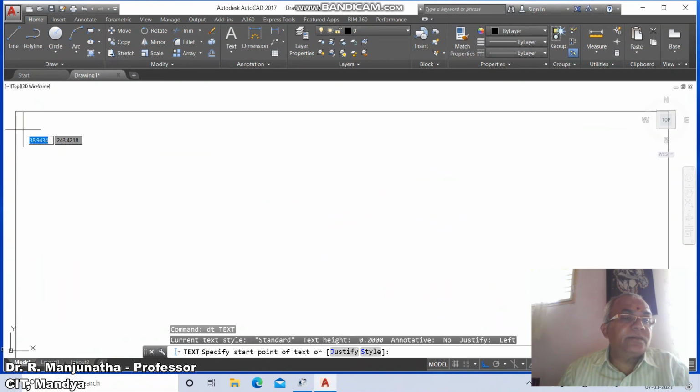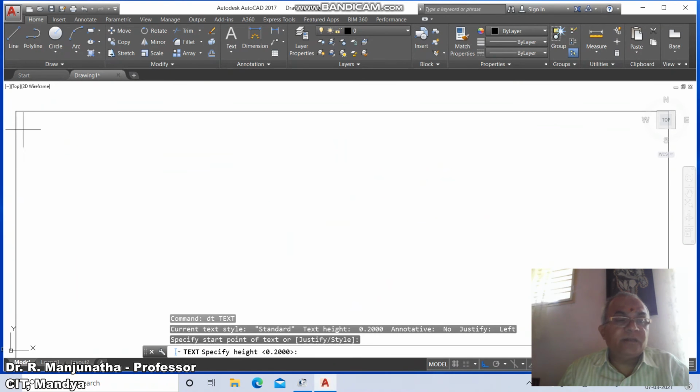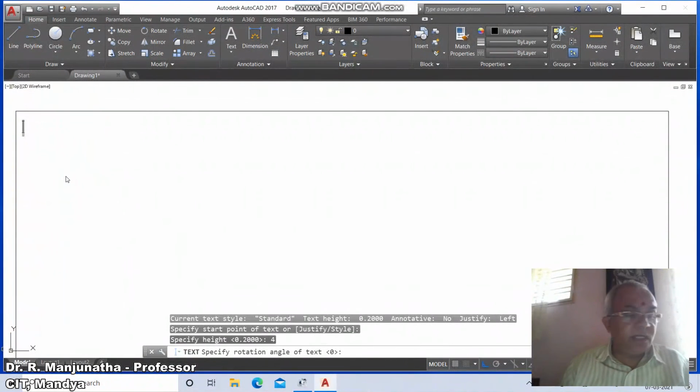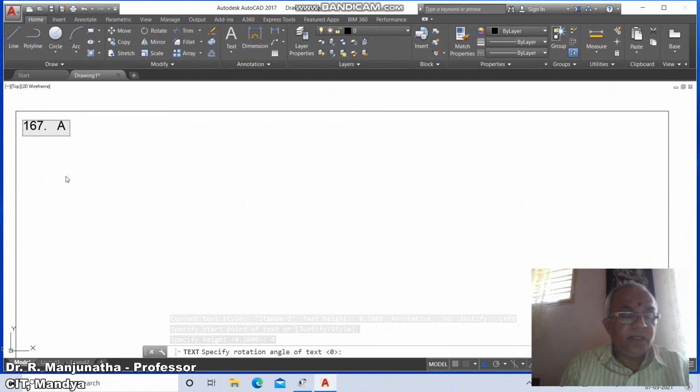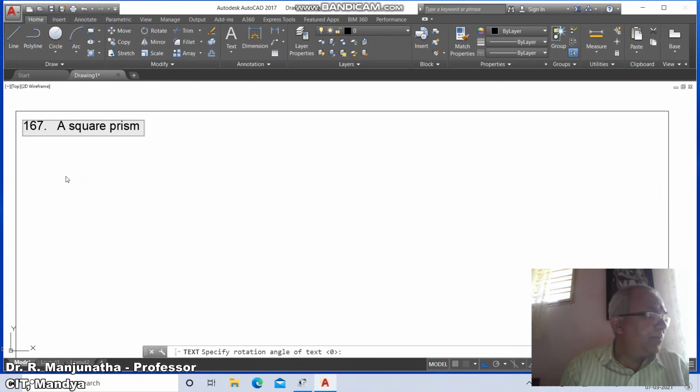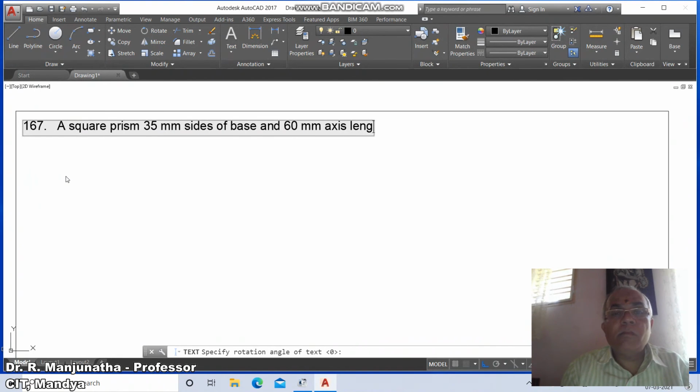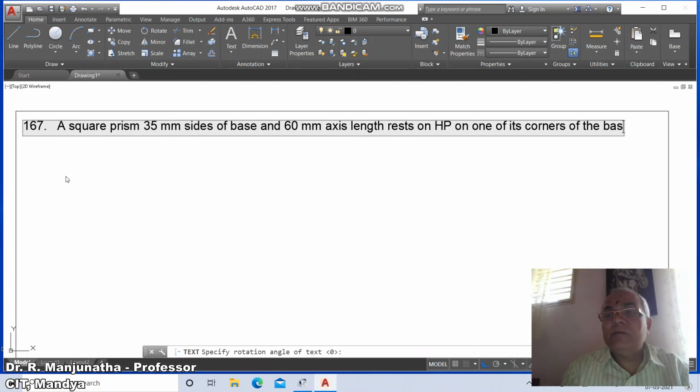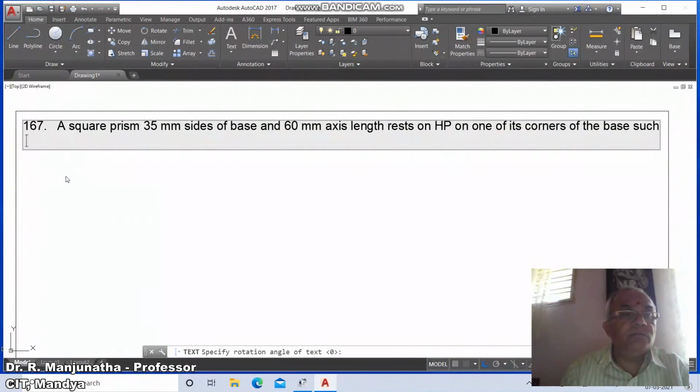Specify start point. Select some point here and text height as 4. Rotation angle as 0. Type the problem number 167. Here it says: a square prism, 25 mm sides of base and 60 mm axis length, rests on HP on one of its corners of the base such that